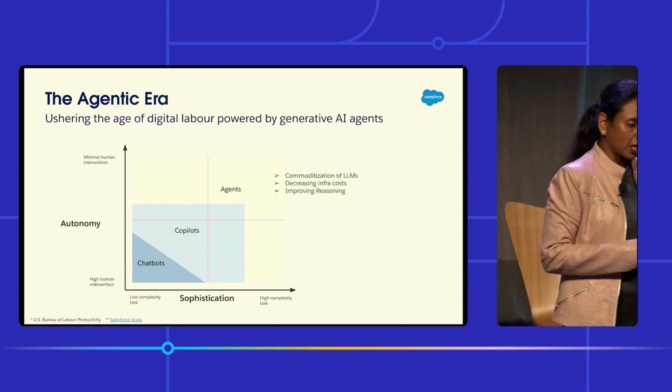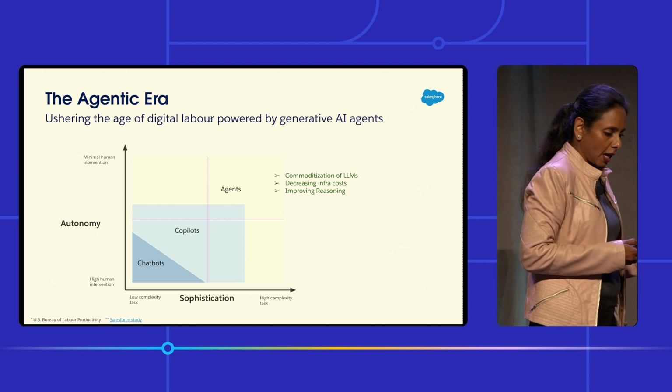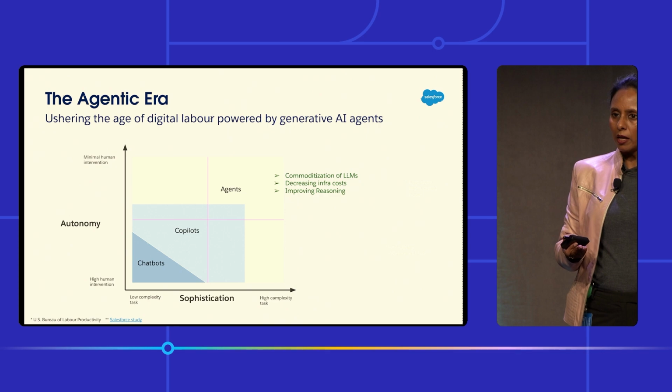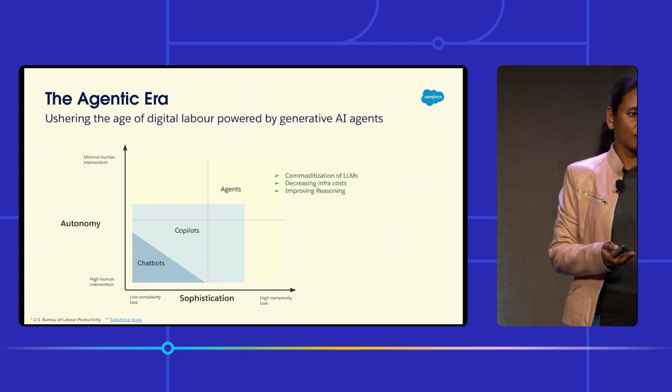Now, over the last year or so, with the meteoric rise in the advancements of large language models, we have seen the rise of agents. These agents can understand human language just as you would be talking to another human being. But they're also much smarter and much more intelligent. So let me explain this with an example.